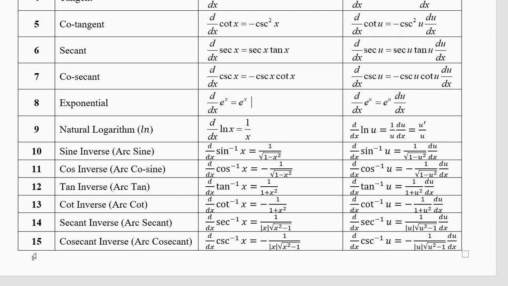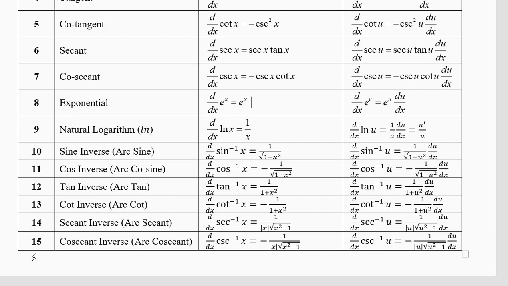Rest of the semester, half of the semester we did without these formulae. Second half we have to do everything with these formulae. All your exams will need these formulae. All your assignments will need these formulae. So please memorize these formulae, print it, put it on the wall in your house. You can remove it after the exam. Put it on the door. Put it anywhere in the house where you can see it again and again. Keep it on your table.